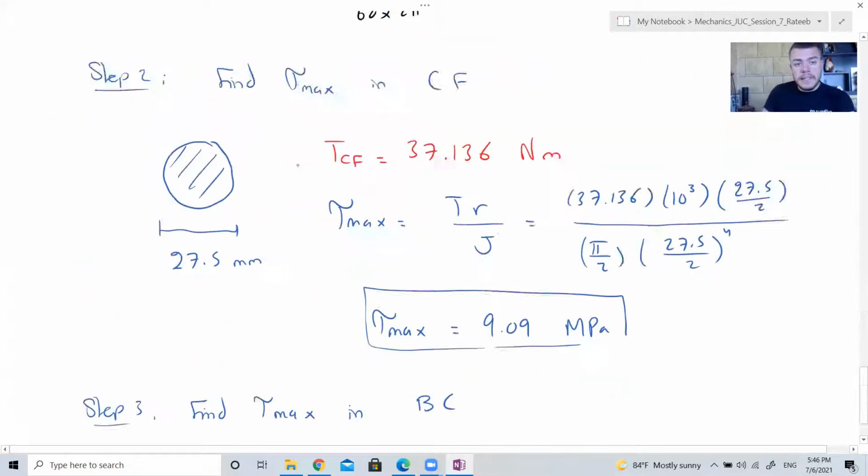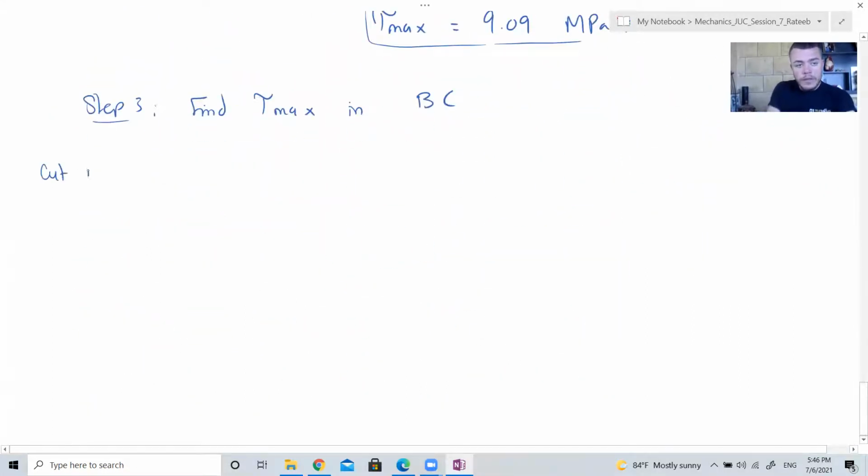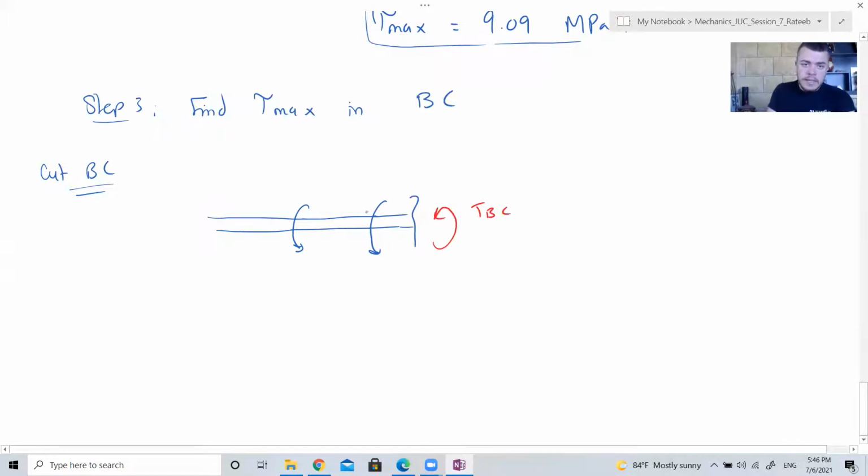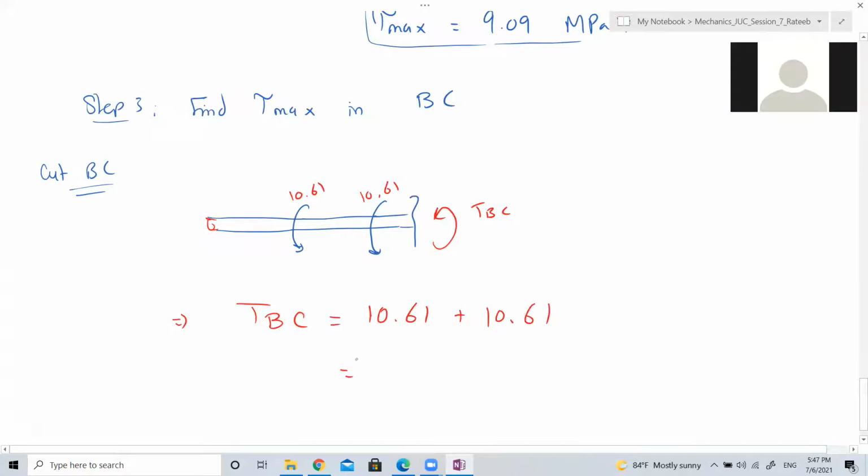If we take a cut in BC, you have a torque here like this, and a torque here like this. This is TBC. This is 10.61, sorry, 10.61, this is 10.61. So TBC is equal to what? It is equal to 10.61 plus 10.61. We add them, okay, so you get